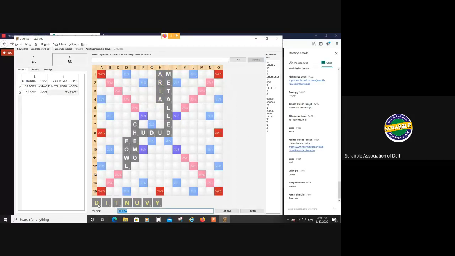And this is what I'm left with for the next turn, DINNUVY. So now I think most of you have got the feel of how to go about the placements and get the highest score using Quackle. You can pre-build your boards based on certain themes like chemistry, biology, mathematics. You can pre-build the whole board on a certain theme, and you can use it in a classroom also to teach the children that particular subject. Like, for example, I'm not very sure. Let me see if I have it.